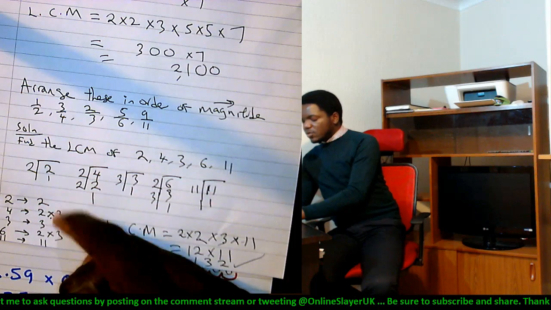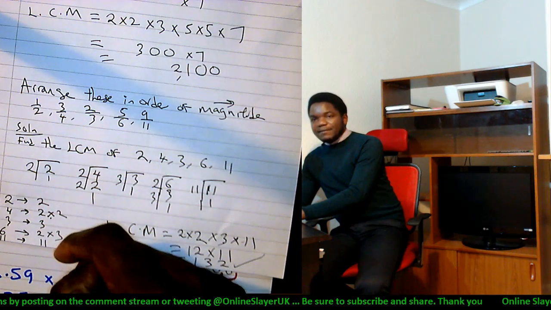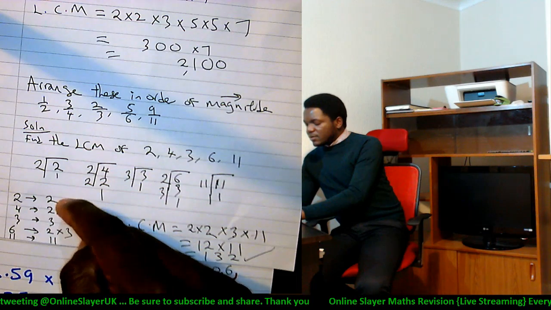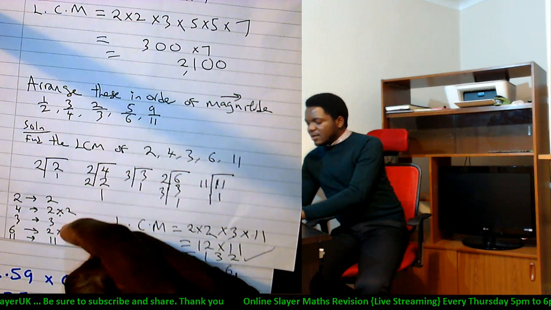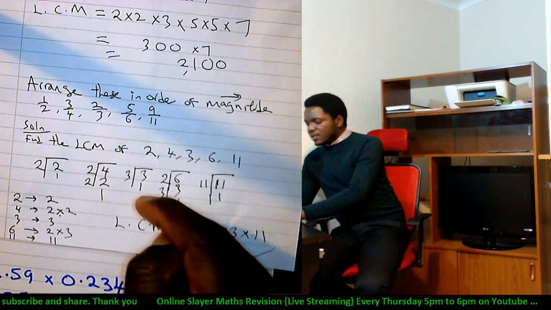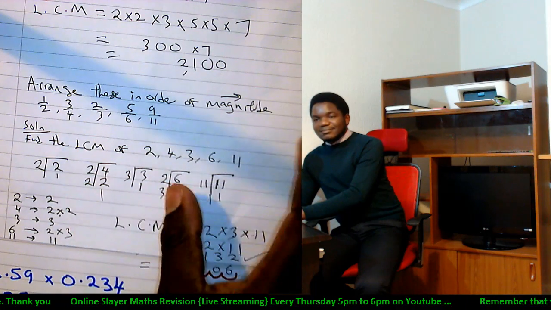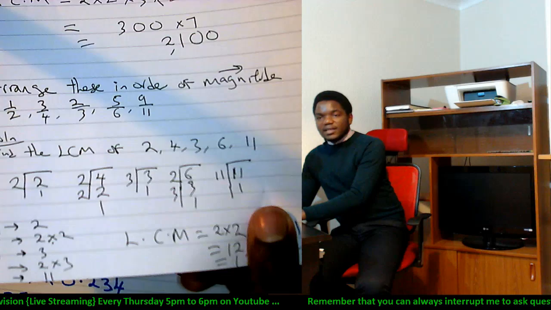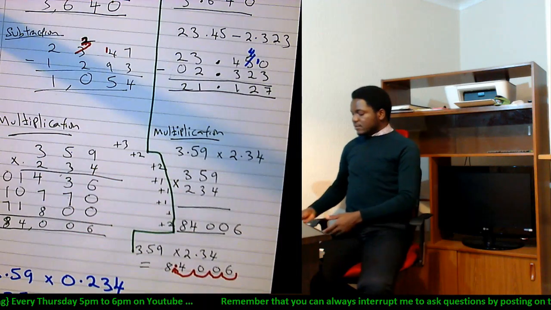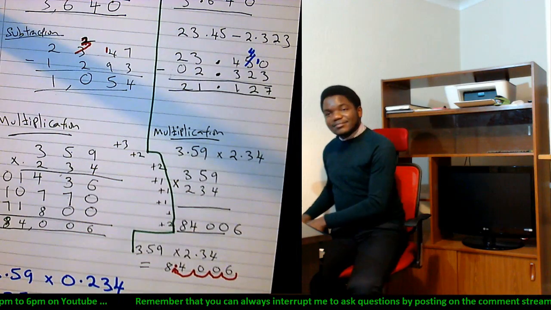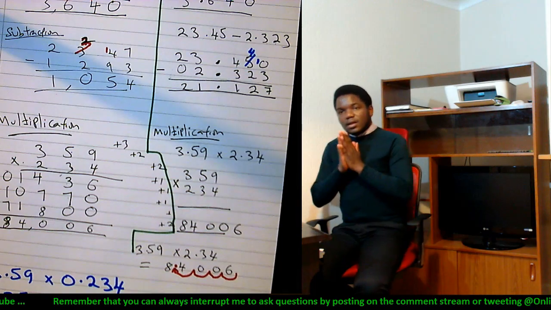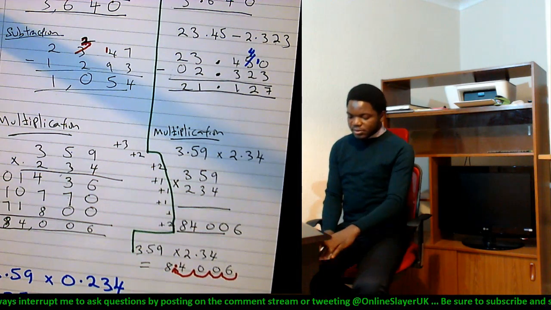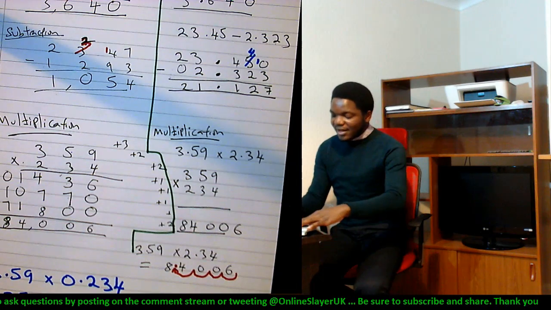What is common? What are the numbers that happen to appear everywhere? 2 does not appear everywhere. 3 does not appear everywhere. 11 does not appear everywhere. So the only common factor is 1. 1 is the highest common factor because no other number will divide each of them happily together. So, as far as I'm concerned, we have been able to come to the conclusion for today,